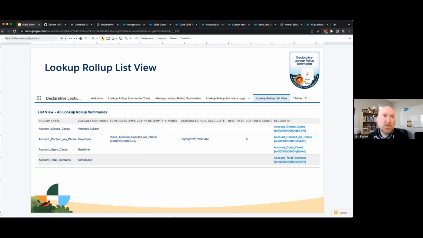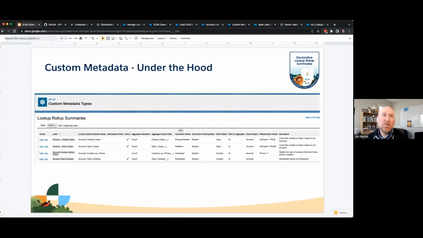There's also a list view where you can see all of the roll-up summaries that you've built, and you can see if they're scheduled and what type of calculation mode they're on. I also like to use the custom metadata view. Under the hood, this whole user interface is just creating custom metadata records for you, which is awesome because